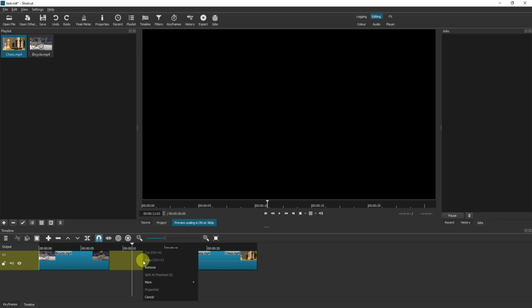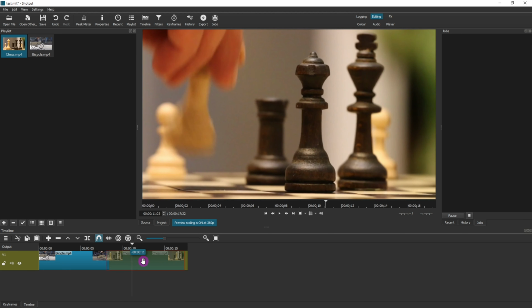What we need to do is right click and remove. If your clips are already butted up to each other, then you do not need to do that step. Now that they're together, you can drag one of the clips over the other,